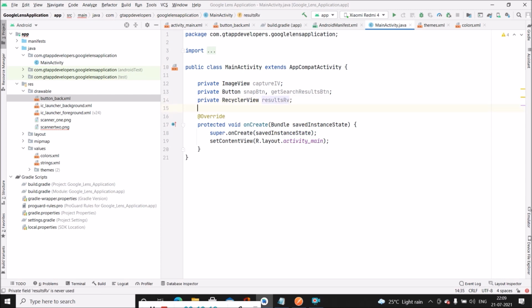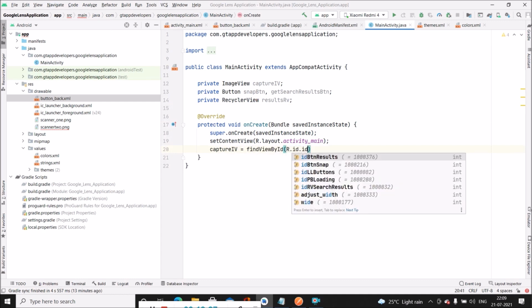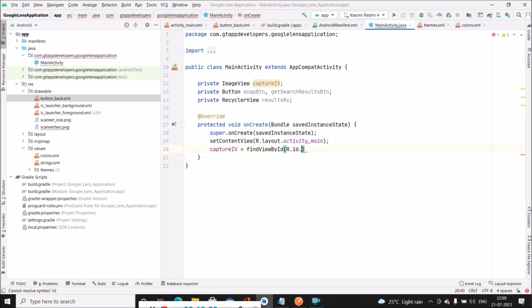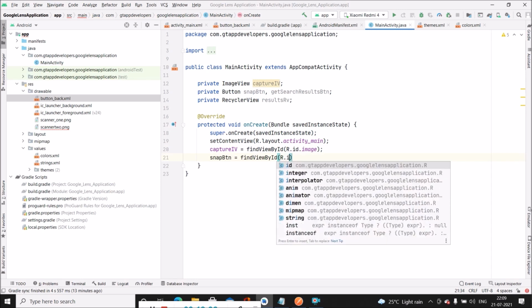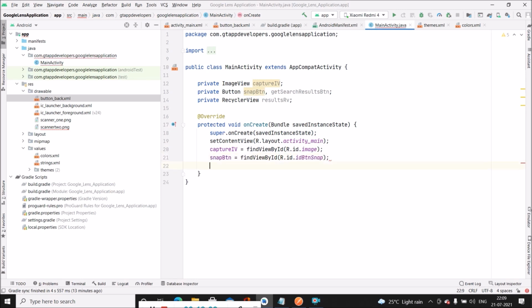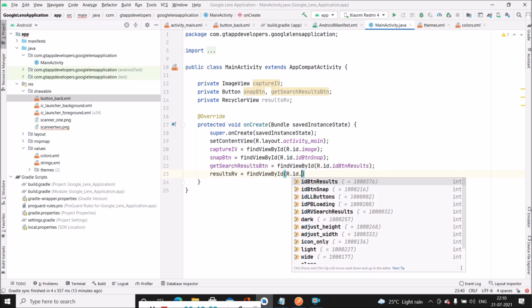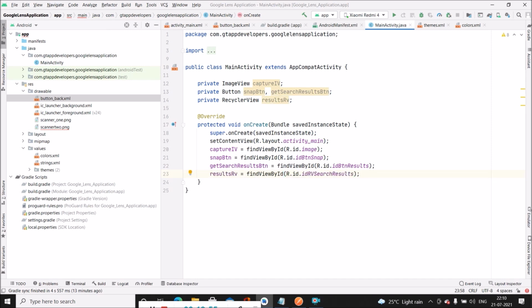Now we will initialize these variables with their IDs. So after we have initialized these variables with their IDs, now we will take a look at the API which we are going to use.